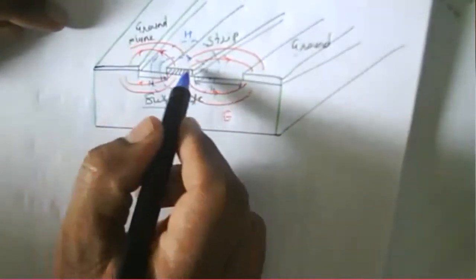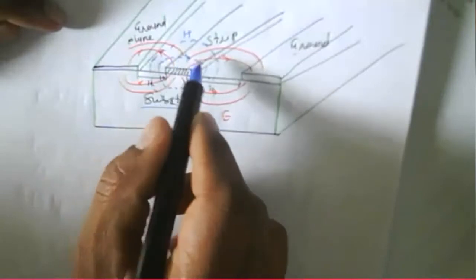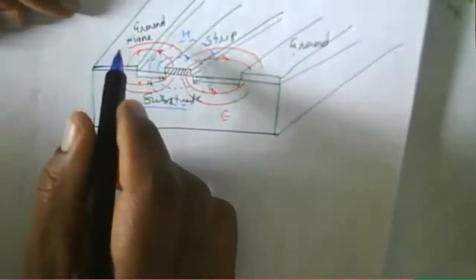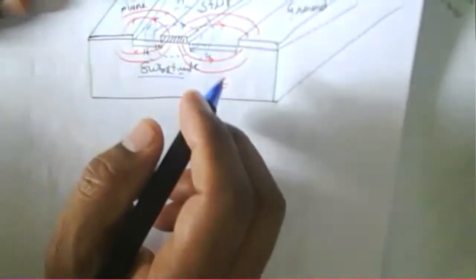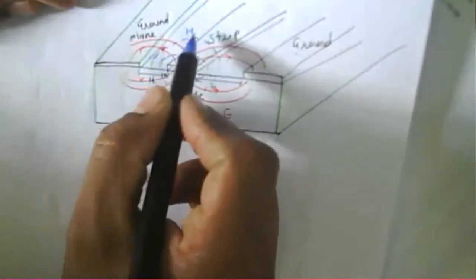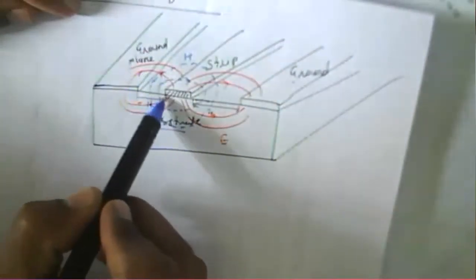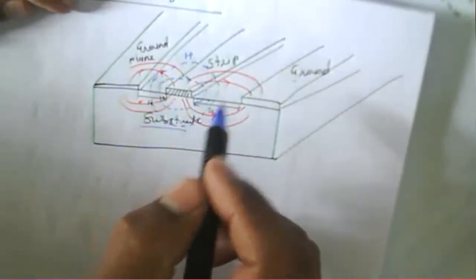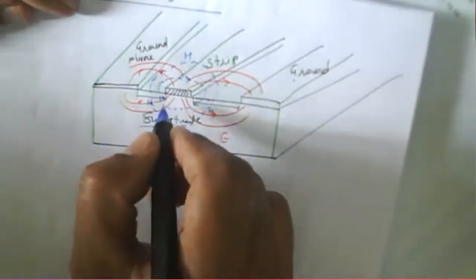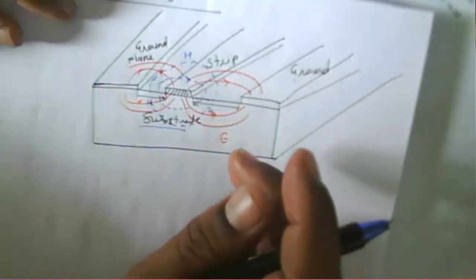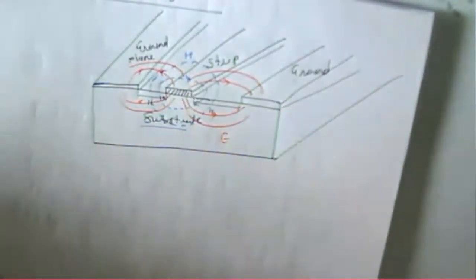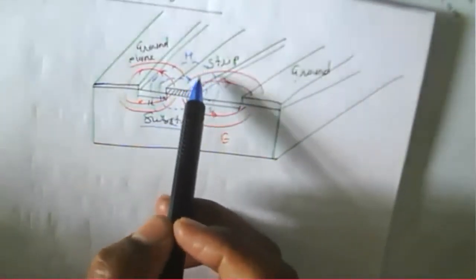Because of this, there is a gap between the strip and the ground plane, and because of that particular gap, there will be a parasitic body mode present. That is because of this particular design. If any discontinuity happens, the length should remain the same. If a discontinuity occurs, it will be difficult to couple, or there may be a change in the parameters of the given line.